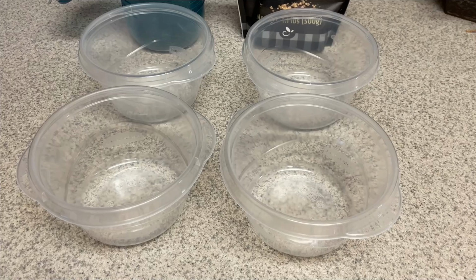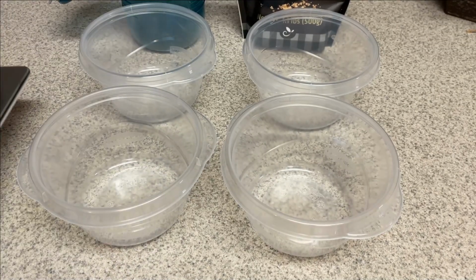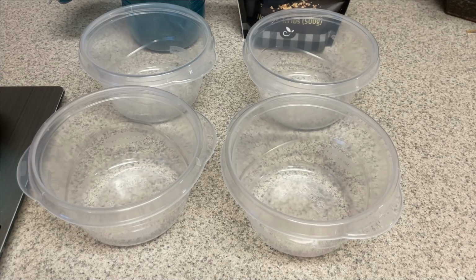This is what you're going to do. I am using my food scale to do this because that is the most accurate way to get a real accurate measurement of any dry stuff if you're counting calories. You want to go ahead and weigh it out, but you can definitely just scoop it out too. A serving of oats is a half of a cup uncooked, which is good because that's what my recipe is. So my recipe is a half of a cup or 40 grams. So I'm going to go ahead and